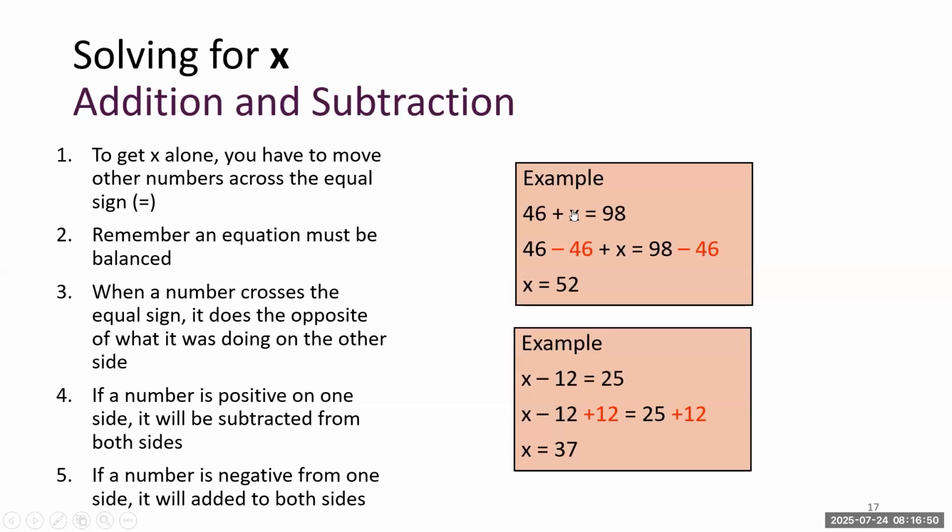So we're going to have to add 12 to both sides because that 12 has a negative sign in front of it. So if we add 12, negative 12 plus 12 gives us 0. So we've canceled out. Then we're left with the other side of the equation, which is 25 plus 12. And then if we just do it in our heads or punch it into the calculator, we're going to get x equals 37.